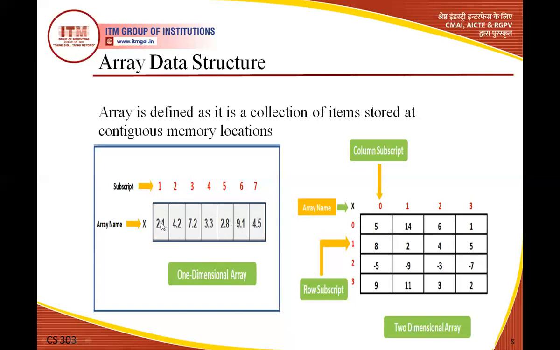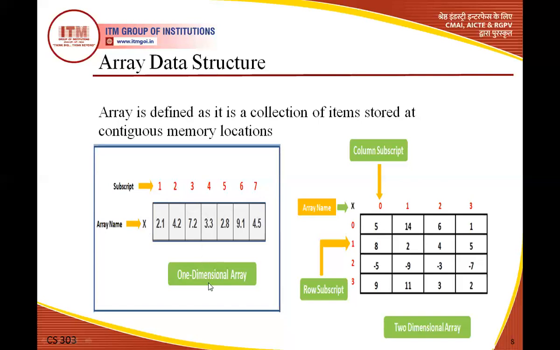How can we access all the elements? By using the index value, the subscript. By subscript 1 we can access this value, by subscript 2 we can access this value, and so on. I am writing here 1, 2, 3, 4, 5, 6, 7. But by default, the subscript value starts with 0. By default, the first element has subscript value 0. So how many values are there? In total, 7 values stored in a particular variable.